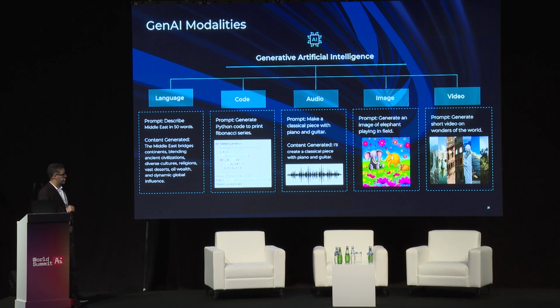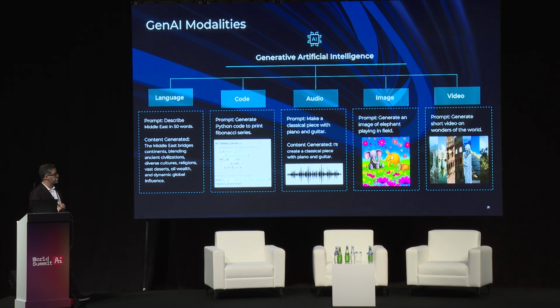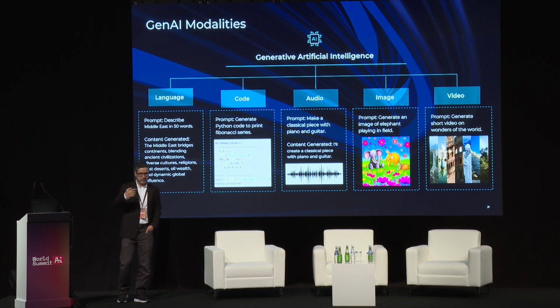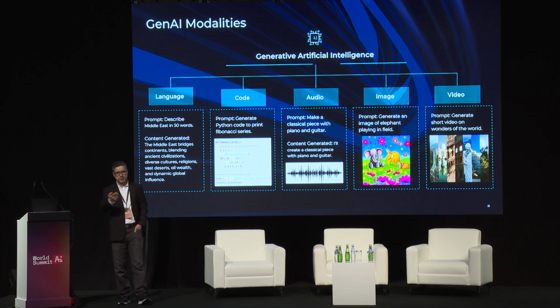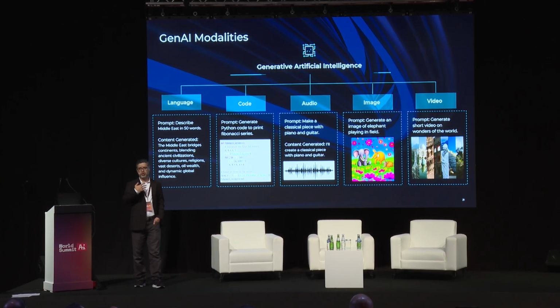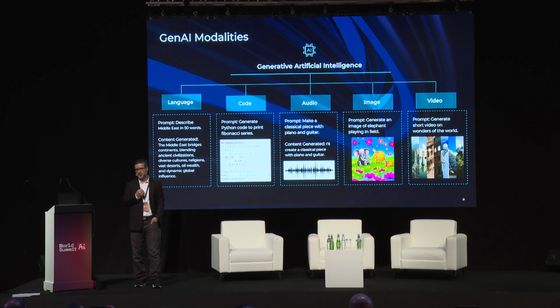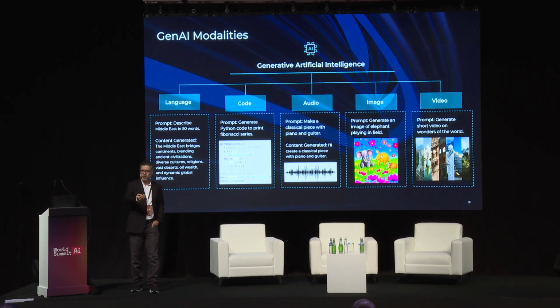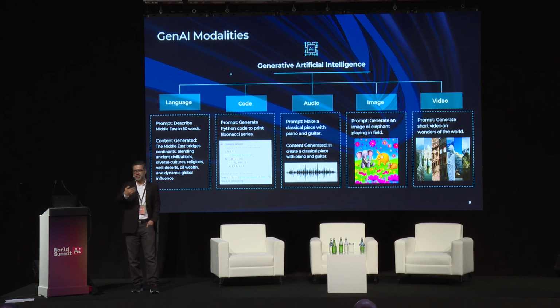Another concept that we want to cover before the demo is multimodal models. Traditionally, when ChatGPT came out 2 years ago, you could only use it for text. You can talk to it, and it can respond to you in text. But there was a limitation. If you want to talk to it and hear the response, you use text to speech and speech to text on top of this text.